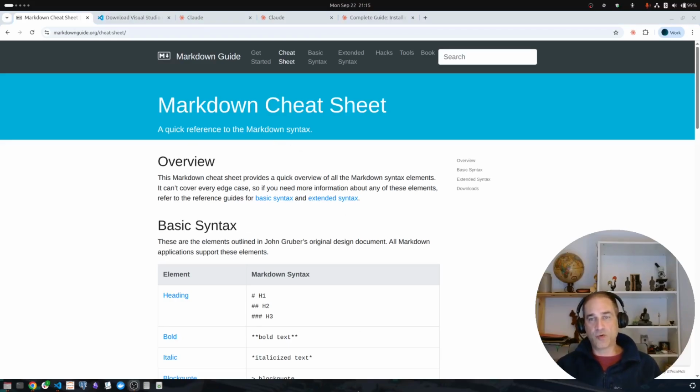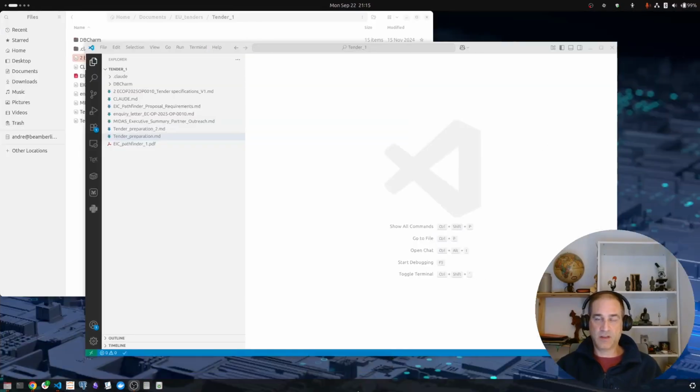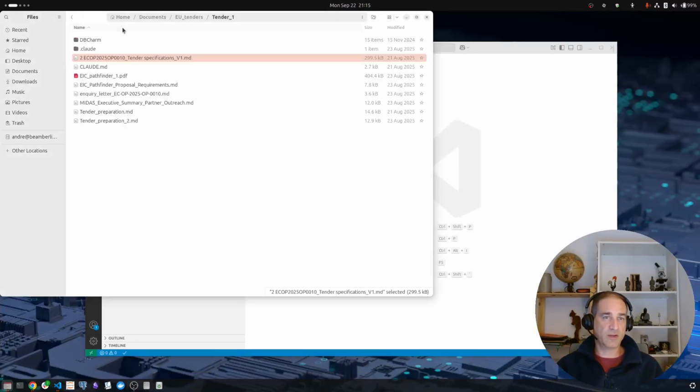Let me now show you what I did on my laptop, this certain file structure and how VS Code looks on my laptop. It's going to look the same on your laptop or your desktop as you have it. So here is a folder. It contains a tender from the European Union. There's one tender that I found in the European Union that's quite interesting. I'll talk to you about that in a minute. And essentially, I